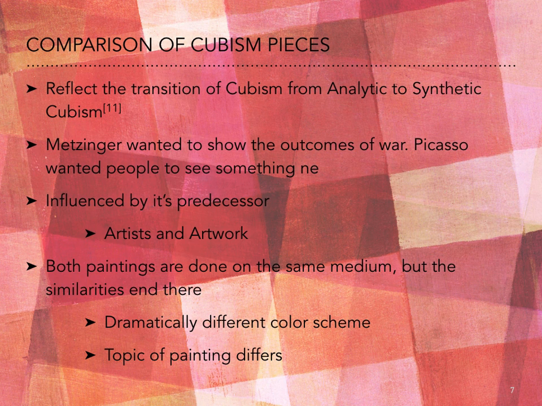He makes them seem almost rigid, and it dehumanizes them in a way. Where that differs with Metzinger, you don't really see the fact that the soldier is a human at all. It's more of a shadow, which could speak to the fact that human soldiers were not really considered human. They were more considered as soldiers who the government thought of as unhuman. They did not care enough about soldiers' lives to really take them seriously, and to understand that many lives were lost, especially during World War I.